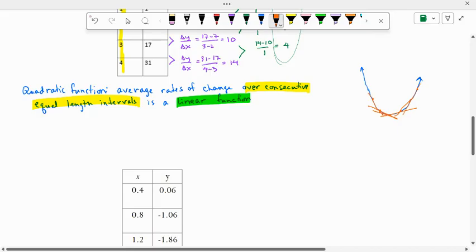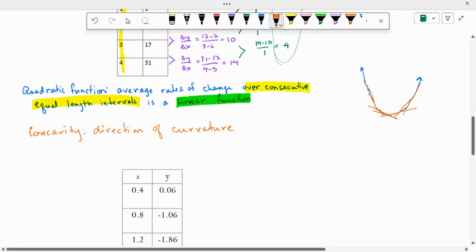If I notice something about those slopes, those average rates of change, it tells me something about the concavity. And concavity is, this is an informal definition, but we are talking about the direction of the curvature